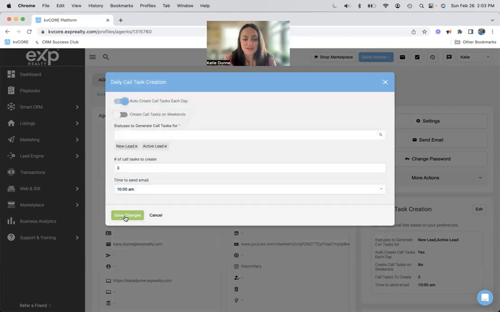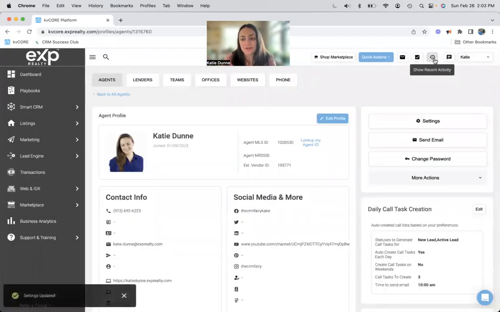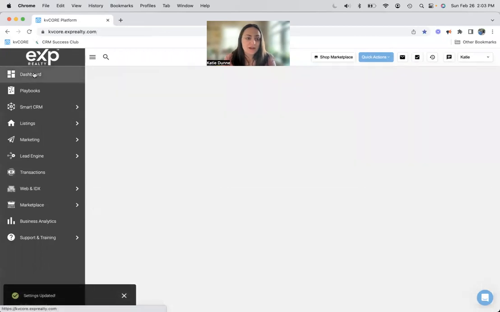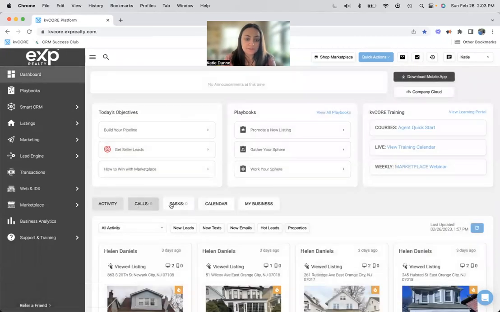So then you can just save your changes and then you're good to go. And then notifications will start coming in. If you go to your dashboard, your calls and tasks will tell you who's on the docket to be called